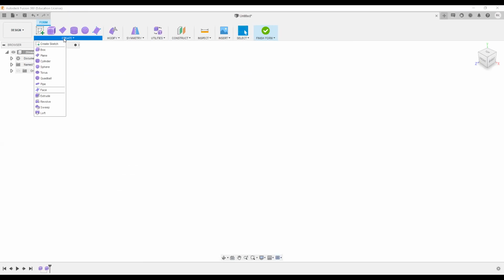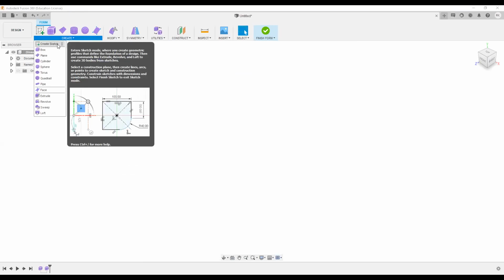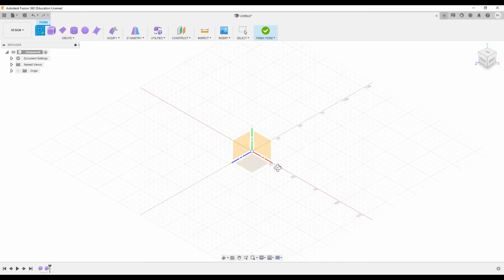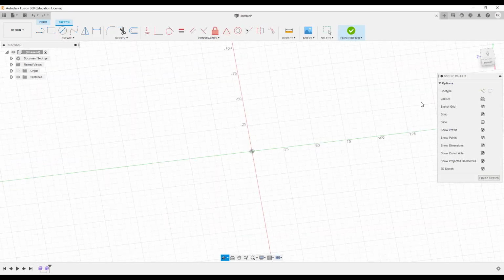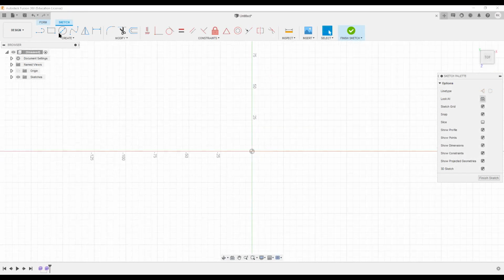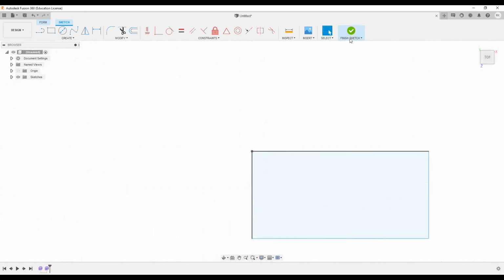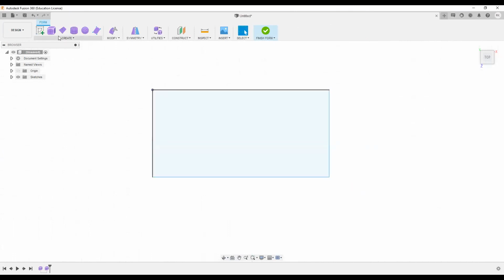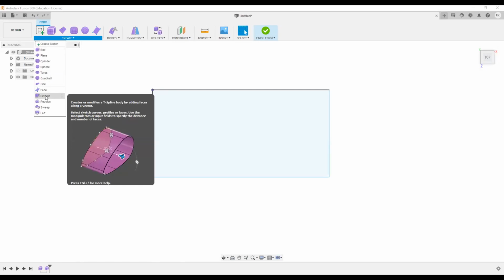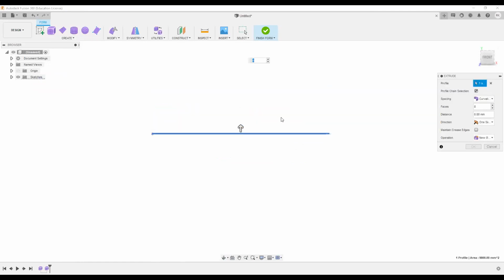So let's start by directly creating a sketch. We can start with a sketch, whatever geometry we want to make. Like if we want to make a rectangle, we can make a rectangle here, and then finish the sketch. After we have created our sketch, we can start using the extrude feature, like we use in the 3D modeling workflow. In extrude we are getting different options, more options than the 3D model.